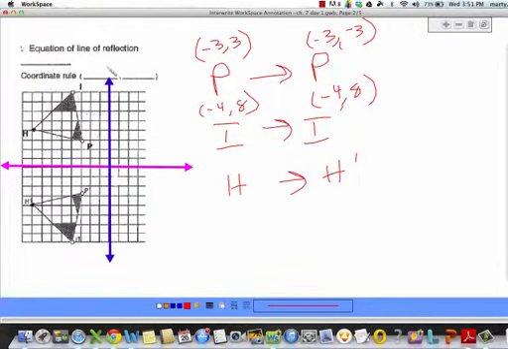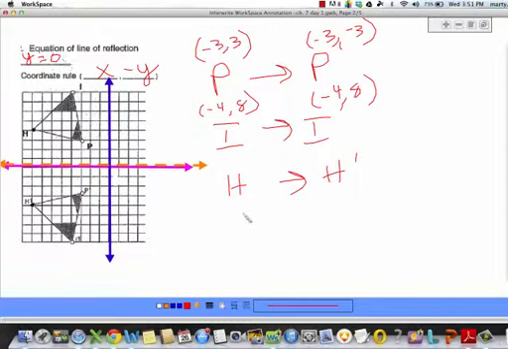How are we getting from these the coordinate rule? The x coordinate is staying the same. Notice we're flipping this direction, and the y coordinates are not staying the same, they're just negating. So we're changing the sign on the y's. For the line of reflection, if we're going from 3 to -3, how do I cut this in half? The line of reflection is going to be right on the x-axis, which would make it a horizontal line of y